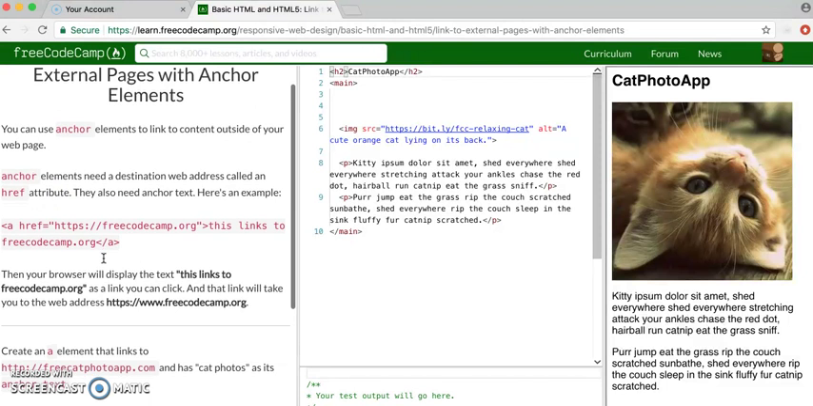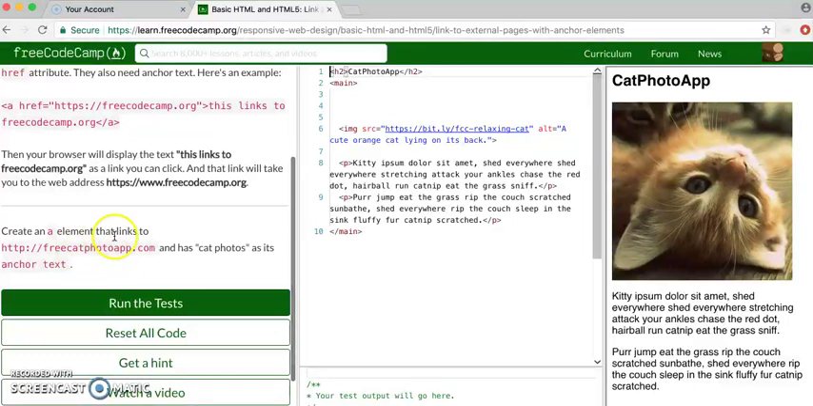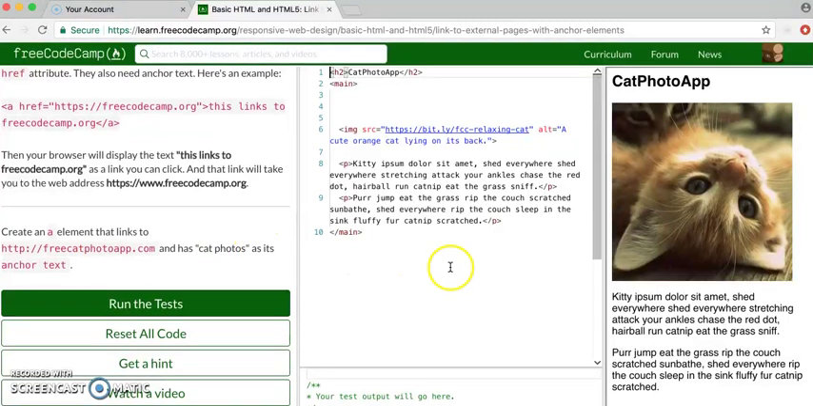Then your browser will display the text. This links to freecodecamp.org as a link you can click. And that link will take you to the web address https://www.freecodecamp.org. Create an A element that links to the free cat photo app and has cat photos as its anchored text. So